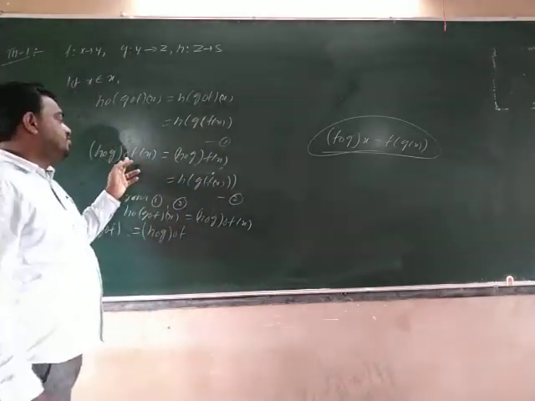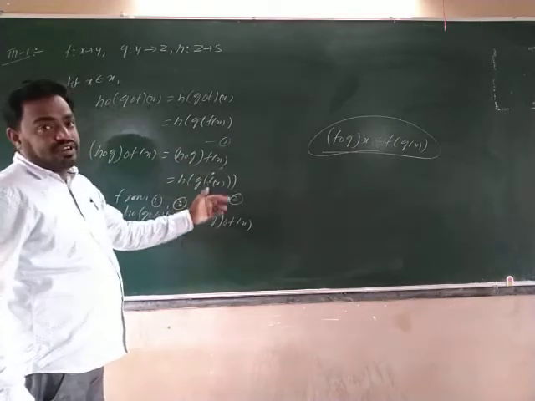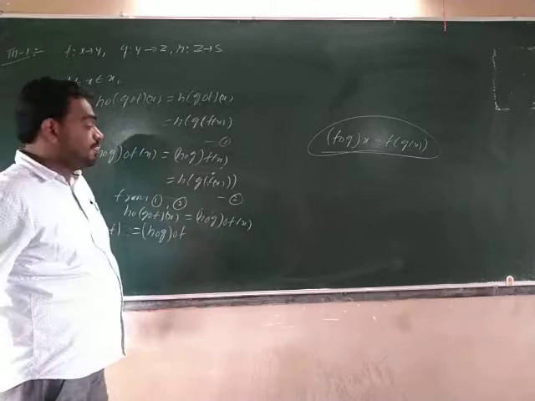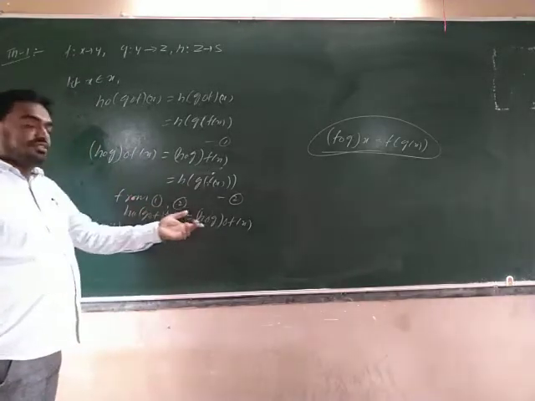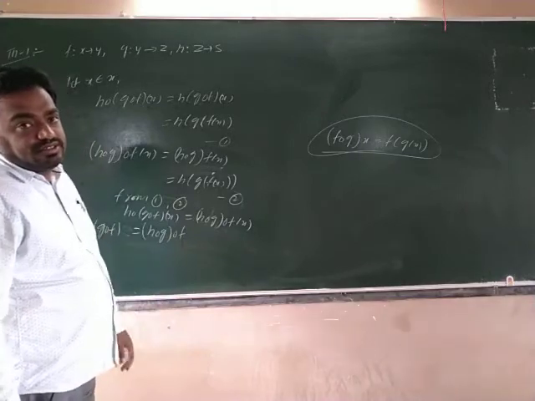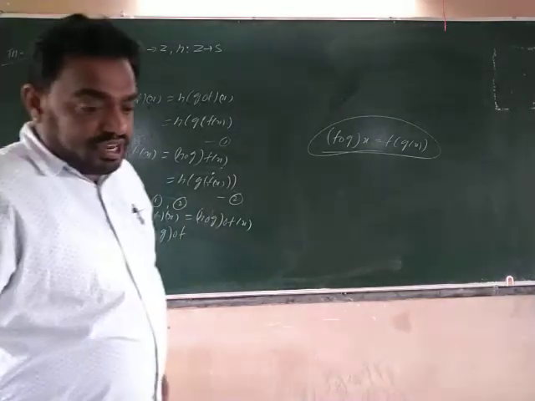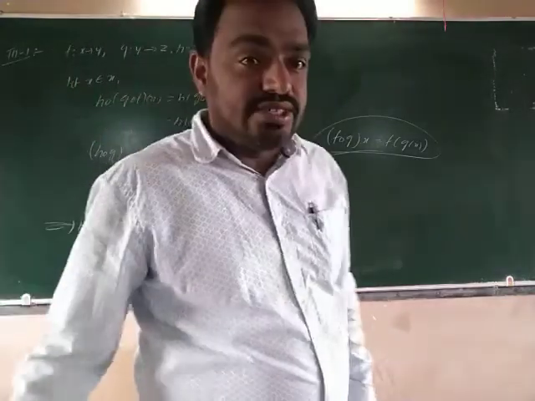Next, just you remove the circle, you write h of. Next you remove the circle, next you write h of. H of means bracket. From 1 and 2, we are getting the same. Both sides cancel x, that is our answer. That's it. This is the theorem number 1. Next we have example 27.